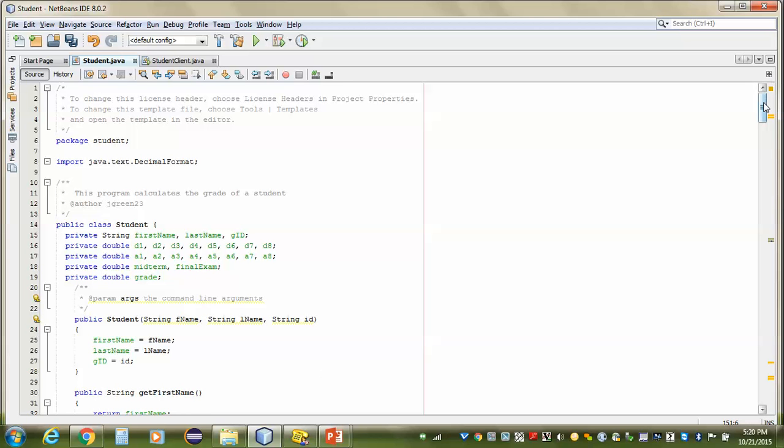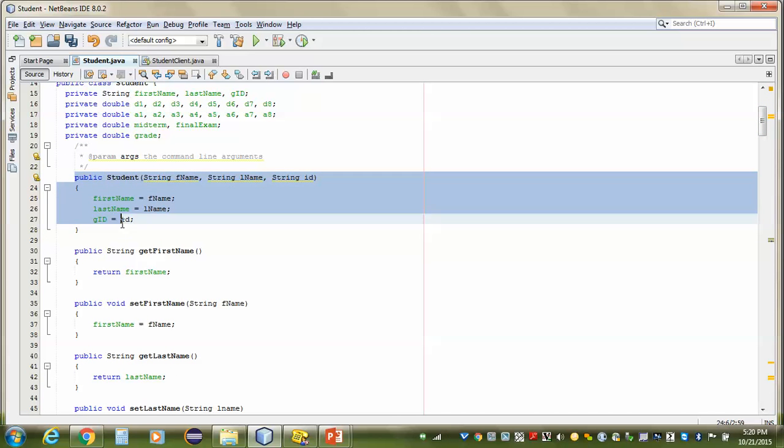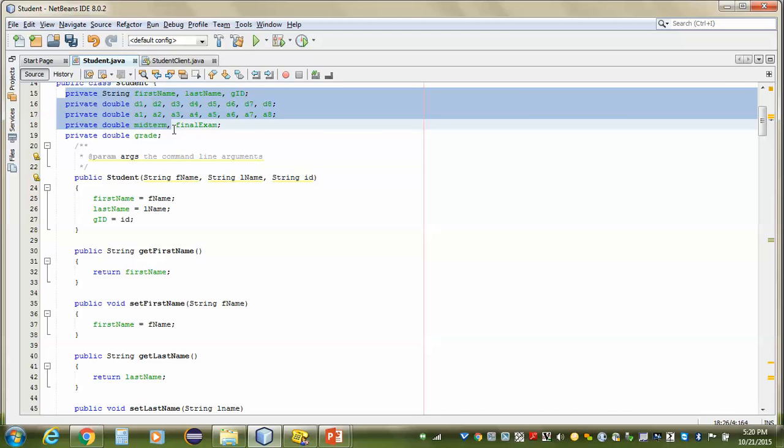Okay, to start off, this is what's called the constructor. This is how we introduce the object into another class, by using this student, and we're going to pass its first name, last name, and GID number, and we'll set it equal to the variables. Notice that all the variables are private, so that means they're hidden from the other users that use this class,